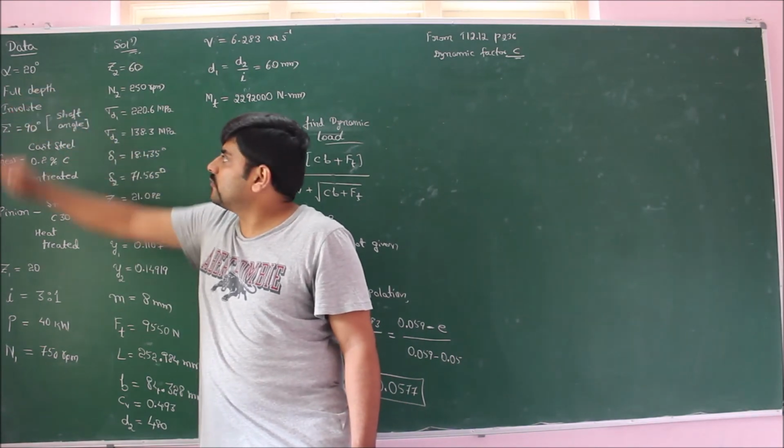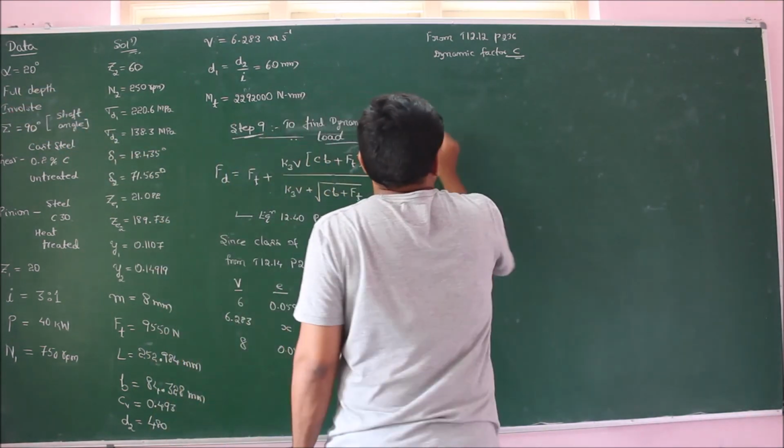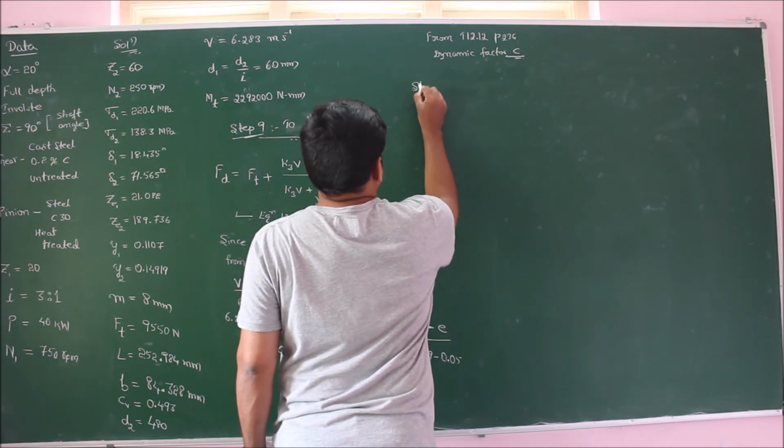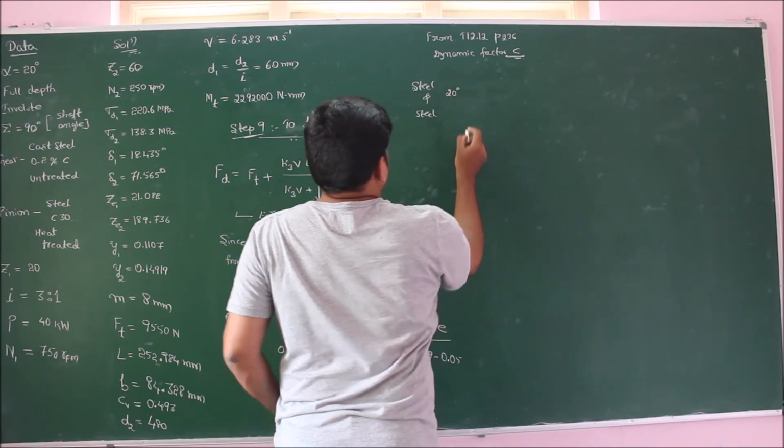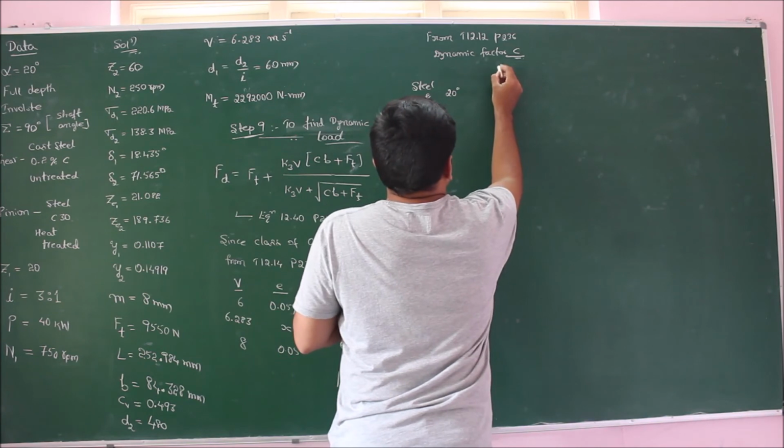The tooth form is full depth involute. So therefore, for steel and steel combination with 20 degree full depth, we have